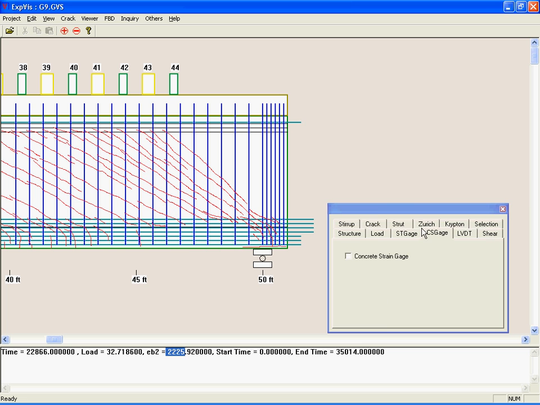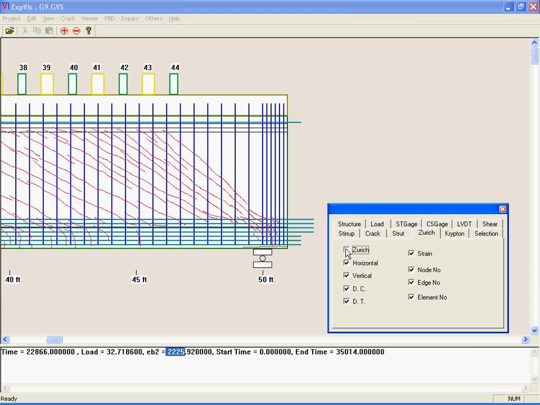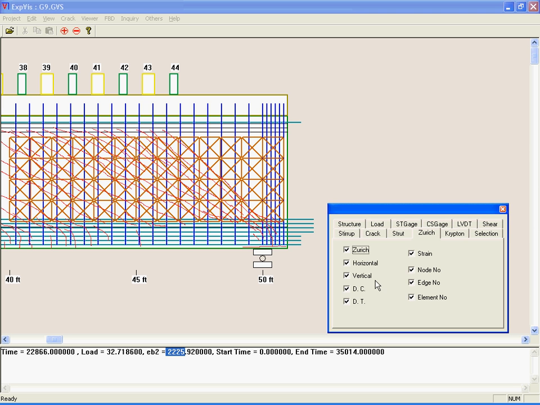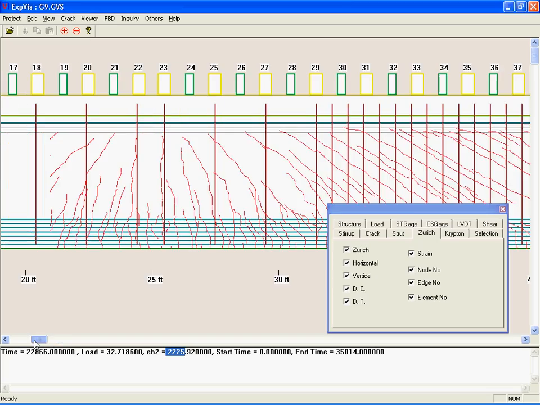The ExVis program can also be used to examine the data collected by the Zerk gauge system, in which the horizontal, vertical, and diagonal displacements between aluminum targets located on a 10-inch grid were measured at